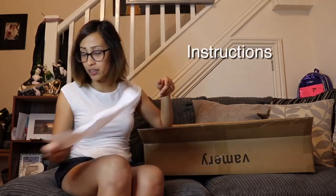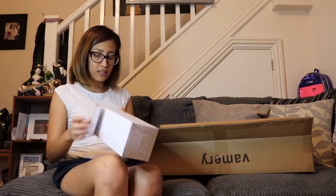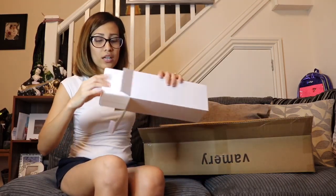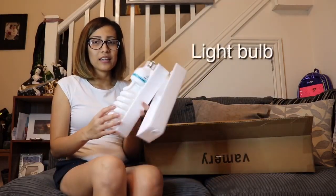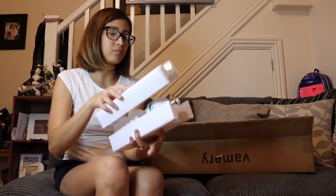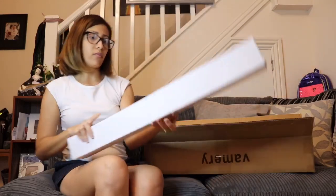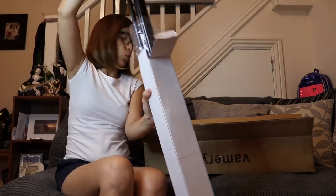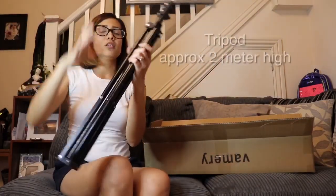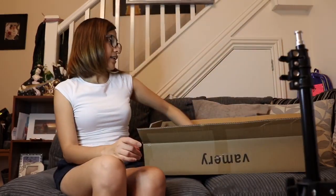Okay guys, I already opened the box itself, so you have the instruction of course. And this one is a light. So meron siyang lights. Wow! Big lights, guys. Okay. And next is the tripod. So it's a tripod. Goes like that. Okay. And then